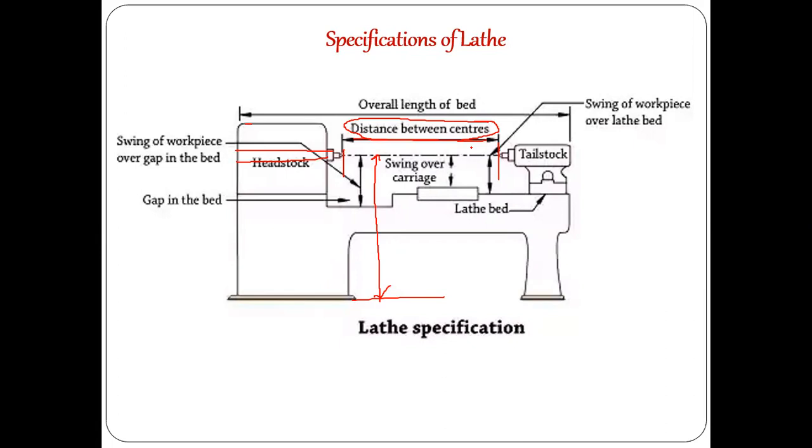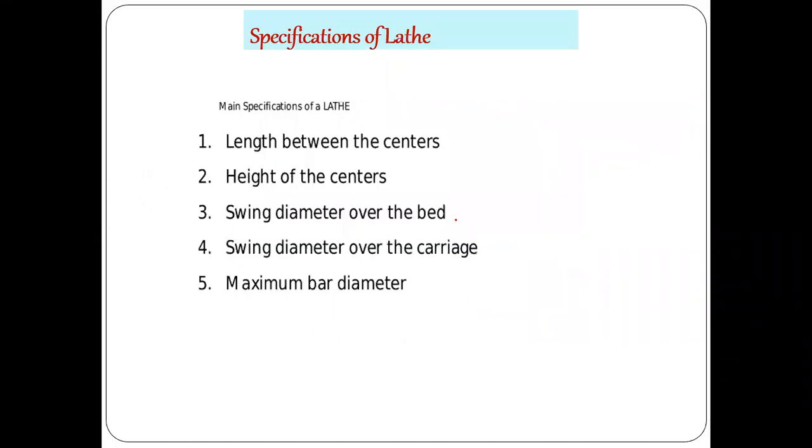So tailstock, headstock, distance between that. Based upon that only, that much big object you can manufacture. If this distance is, for example, 3 meters, right? If this distance is 3 meters, it means you can machine a maximum length of 3 meters. If it is 500 mm, then whatever the distance is there.